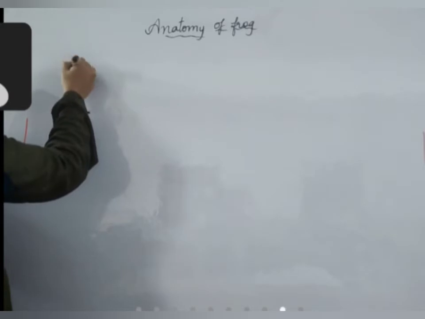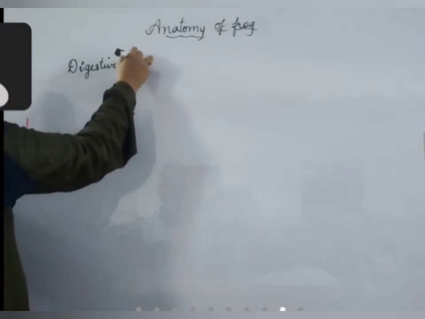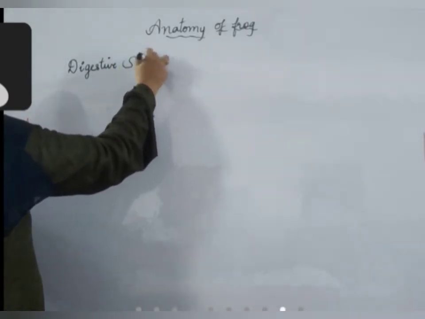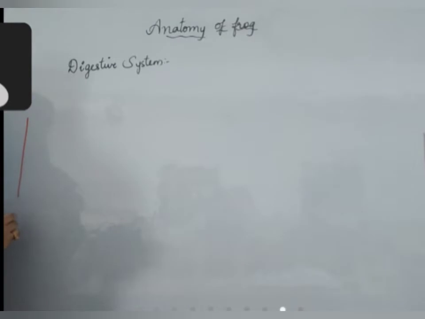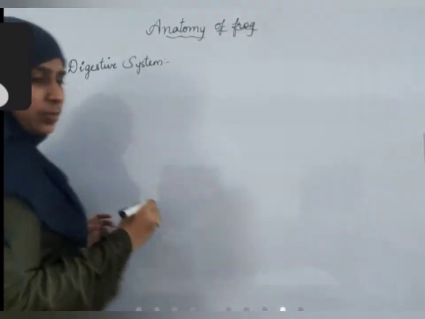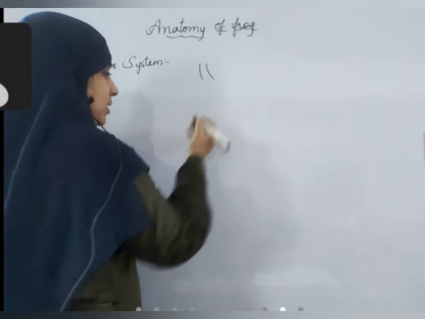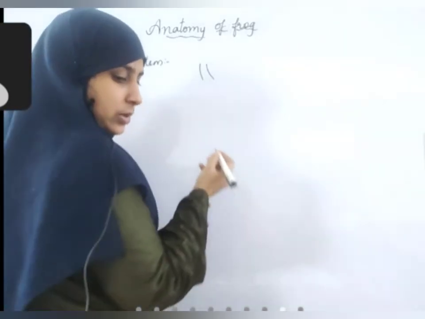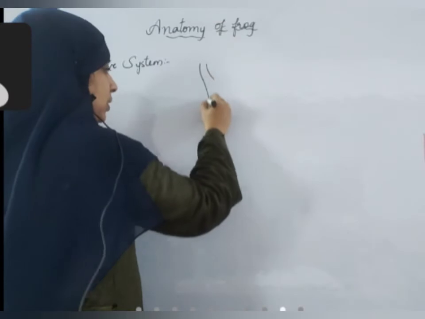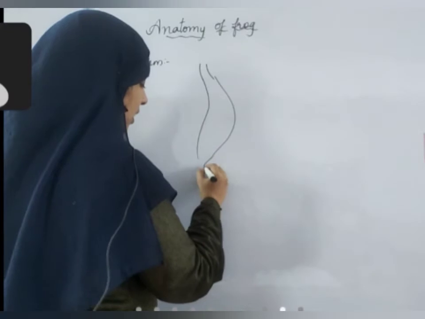Anatomy of frog. First, we'll discuss the digestive system. Digestive system of frog. The digestive system of frog starts with mouth, esophagus, stomach, intestine,